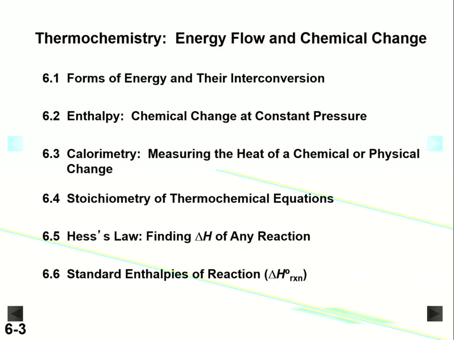We'll move on to stoichiometry. And so this is our last expansion of stoichiometry this semester. This is going to take us to the most complex level. We're going to need to understand stoichiometry of chemical reactions, and then we're going to apply thermochemical principles to that stoichiometry. So we'll not only understand mass flow, but we'll also understand heat flow. Then we'll look at something called Hess's law, which allows us to calculate delta H for a variety of different processes. And during this, we'll look at what are called standard enthalpies of reaction.